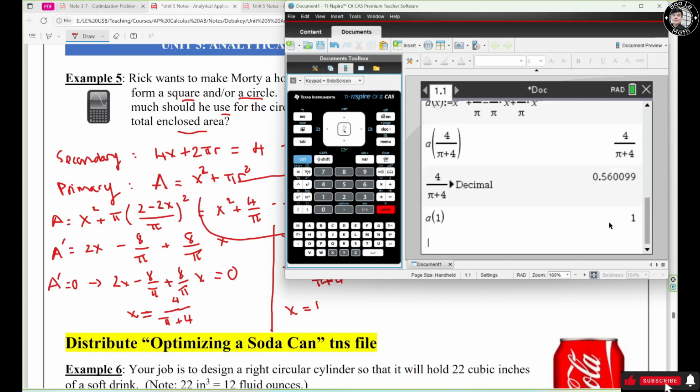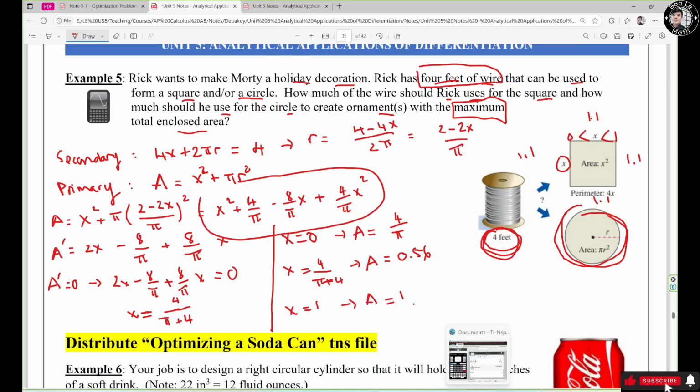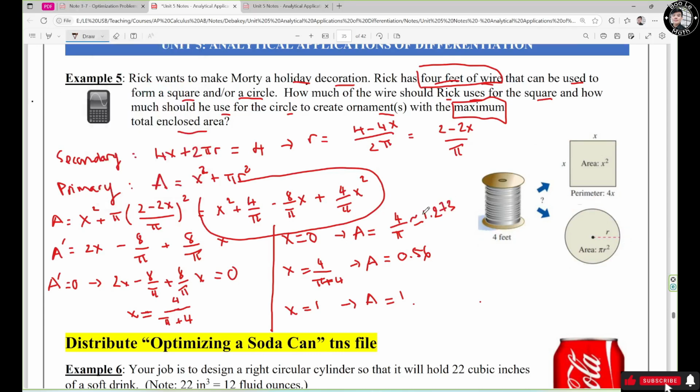Hit enter. It's going to be 1, right? I need to convert this one to decimal too, right? So 1.273. Now observe that the maximum value of area is right here when s equals 0, which means Rick should use all 4 feet of wire to make the circle shape decoration in order to maximize the total enclosed area,